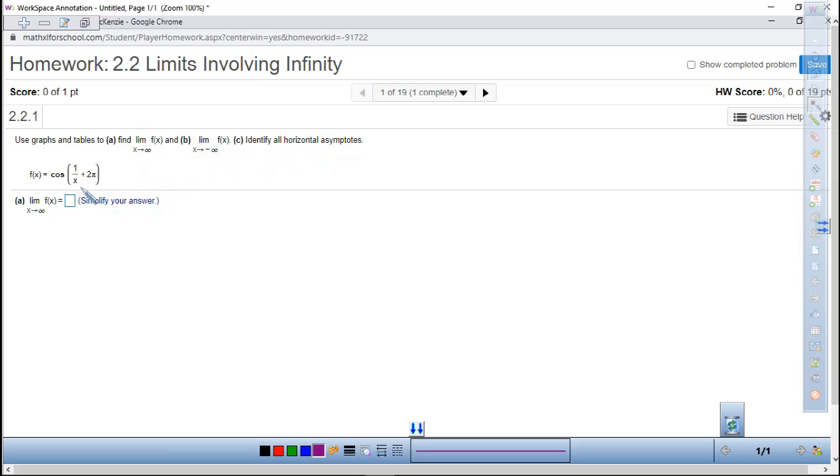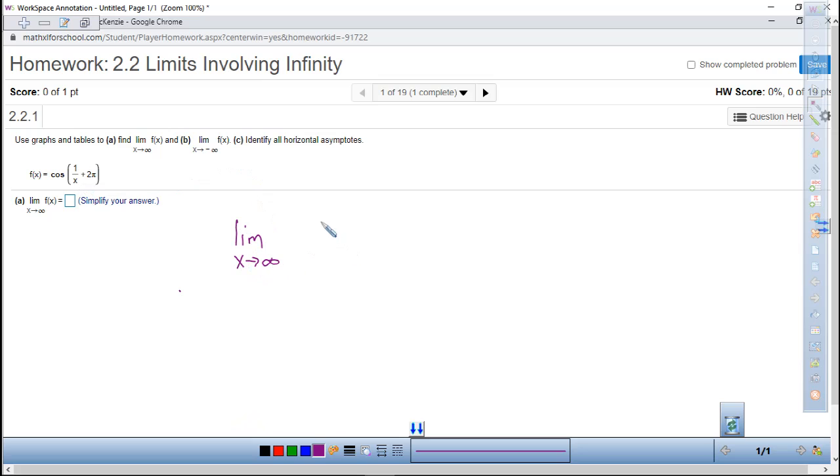You guys can graph this, and you can look at what happens as x gets larger and larger and goes off to the right, or gets smaller and smaller and goes off to the left, with infinity to negative infinity. I'd rather you learn how to think about these because you're not always going to have a graph to look at. So what we're going to do here is look at this thing, and we're going to look at the limit